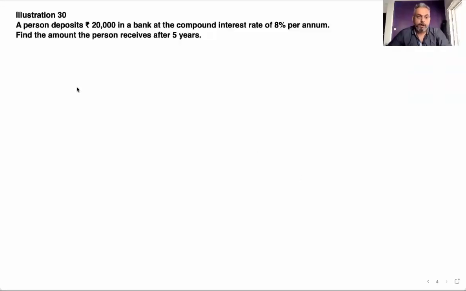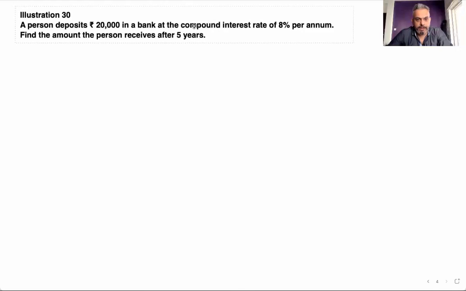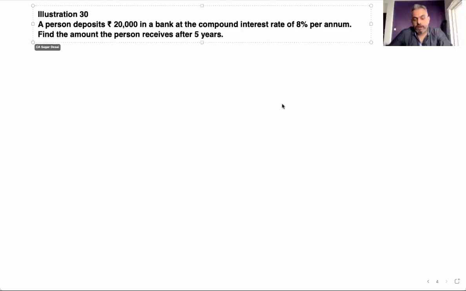Illustration 30. A person deposits 20,000 in a bank at a compound interest rate of 8% per annum. Find the amount the person receives after 5 years. So underline this word, after 5 years. So solution: